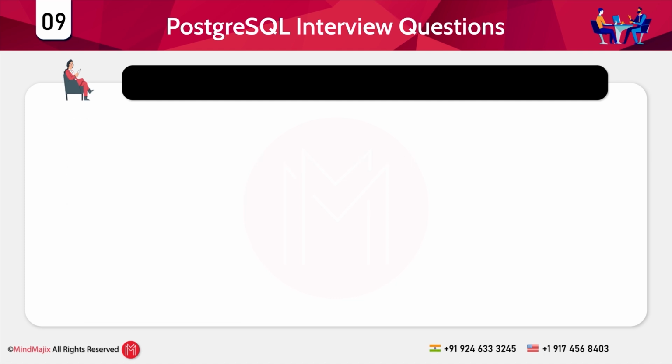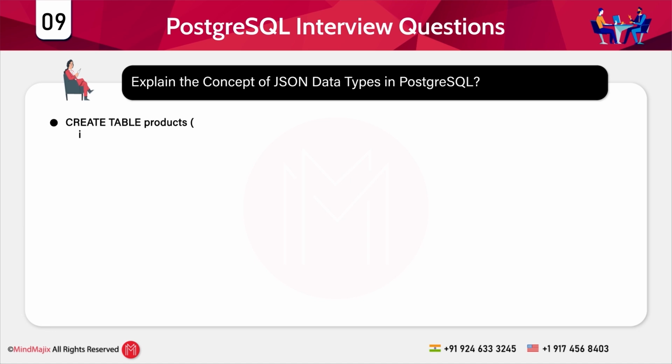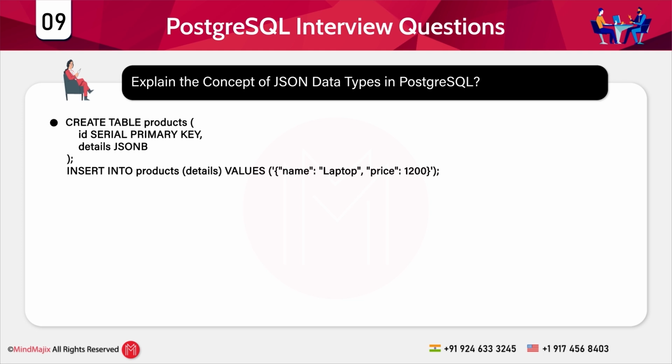The next question over here is, explain the concept of JSON data types in Postgres. So guys, Postgres supports different types of data types, and one such data type is JSON. JSON is basically JavaScript Object Notation data, and with Postgres, you can store and query the JSON data type as well. This is basically semi-structured data, and you can use JSON or JSONB types, where JSONB is a binary format that is more efficient for indexing purposes. So for